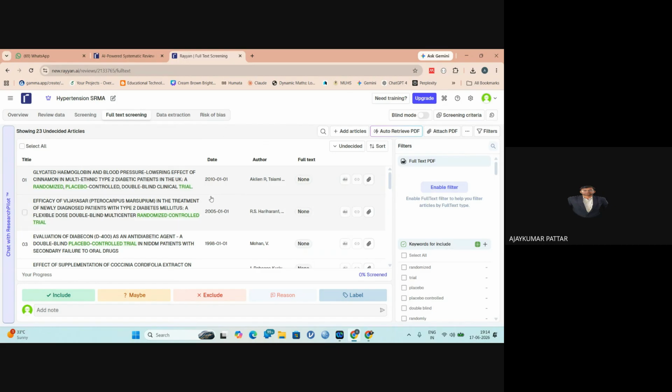I have also explained one trick. From that particular CSV file, you can upload and have a direct connection to the PDF file. Once the final list of 23 title abstract articles is there, we have to download the full papers and keep them ready for uploading with this attach PDF option. This option was there initially also as an upload. Now if we see here,